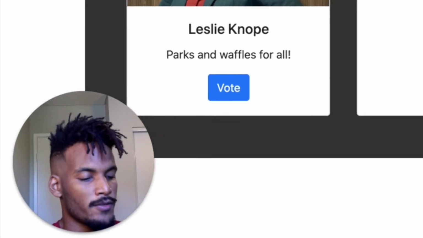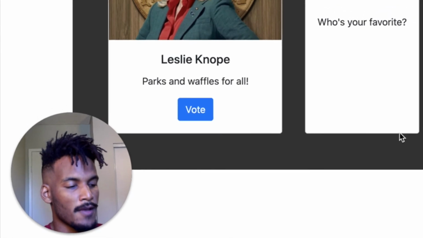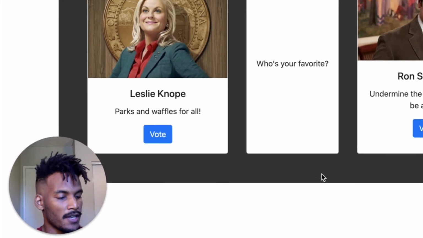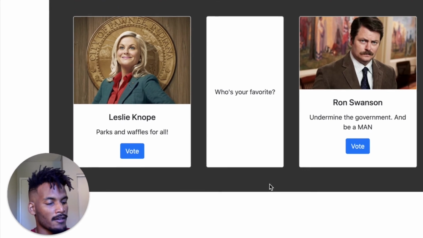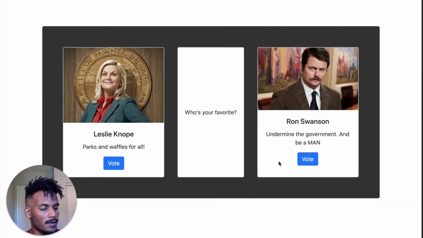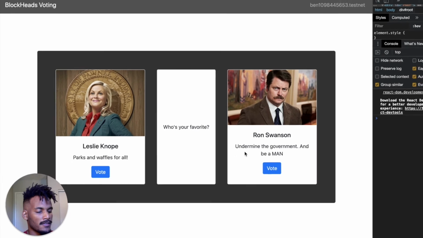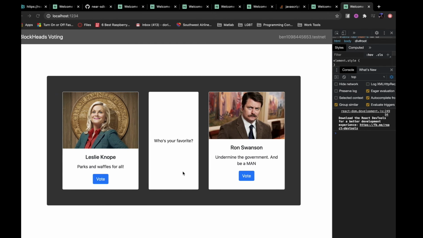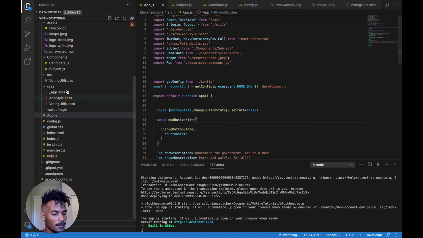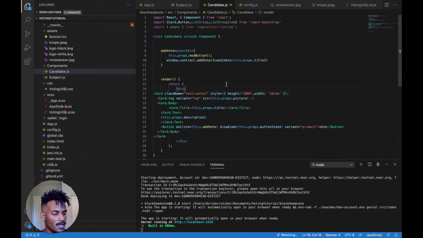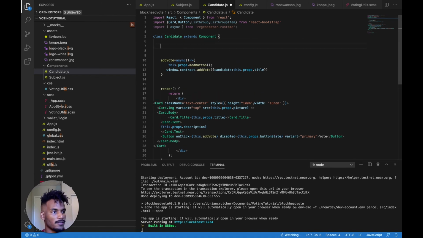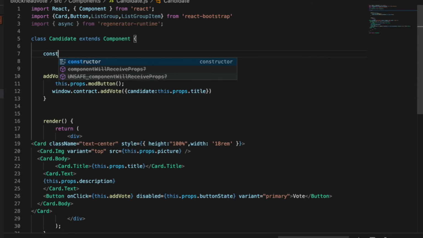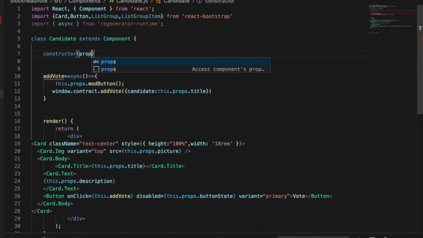So next, our goal should be to make this as obvious for the user as possible, so the user doesn't have to do that much when they're actually interacting with the app. I'm referring to the case where the user has already voted. I want to make it very obvious that they can't vote again, meaning that these buttons are just going to remain disabled. So let's go back to our code, and I'm going to go to candidate.js. We're going to add a few things that are going to make it very clear that the user can no longer vote. So I'm going to do constructor(props),